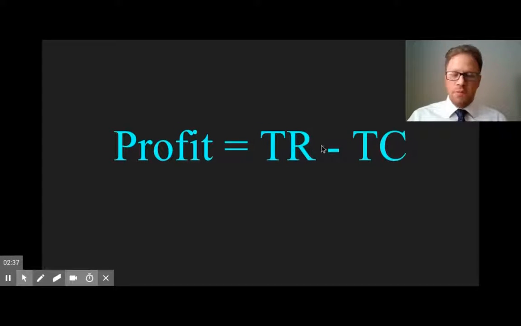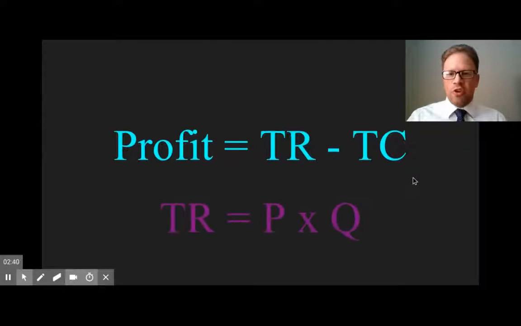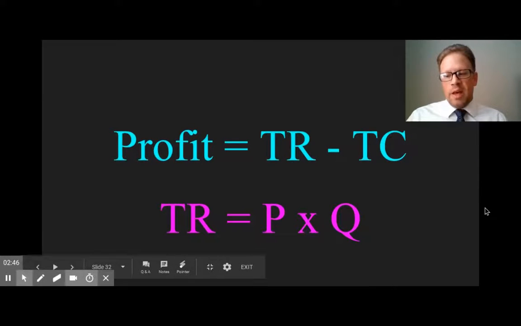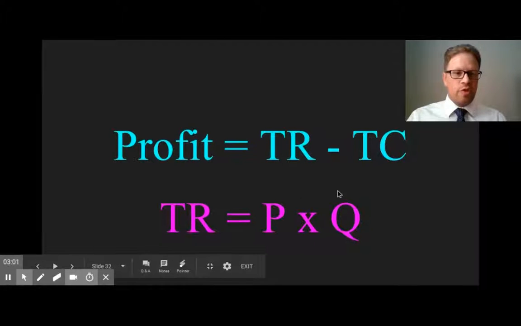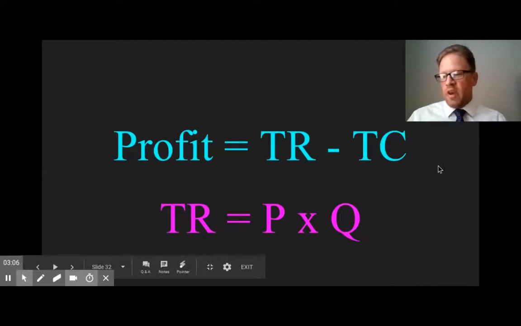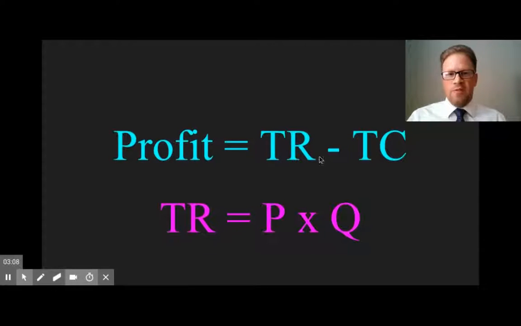Total revenue, well, funny you mention that. How you calculate total revenue is you take the selling price of an item, or P, multiplied by the quantity of the item sold, or Q. So P times Q will give you your total revenue. So generally speaking, if you're generating more money through sales, price times quantity, than it costs you to produce a product, it means you've generated a profit. If you did this equation and you got a negative number, it means you've lost money.